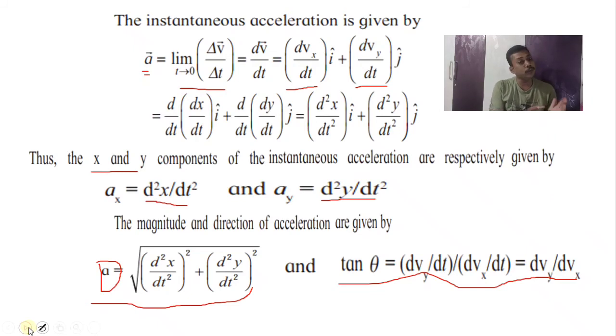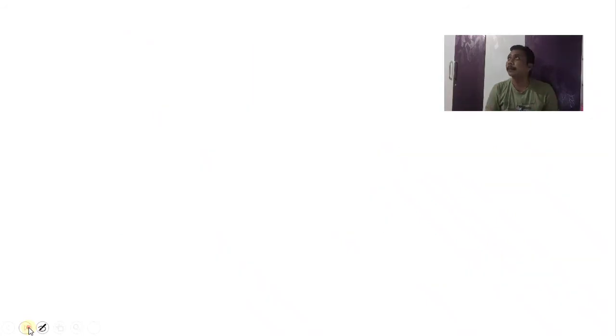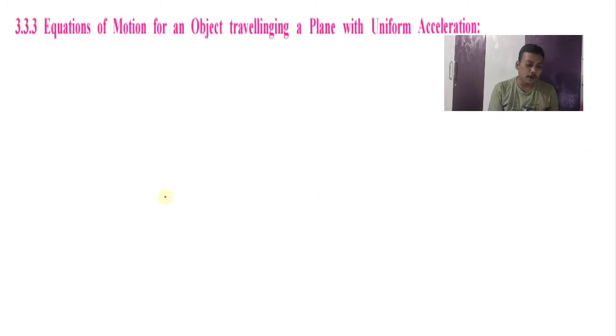In rectilinear motion, we can also call it one-dimensional motion, because this motion is along only one axis, or a single axis, but in a plane we require two axes. So here velocity and acceleration both require two components. One component is along the x-axis and the other component is along the y-axis if we consider the motion in the xy plane. So this is about the velocity and acceleration.